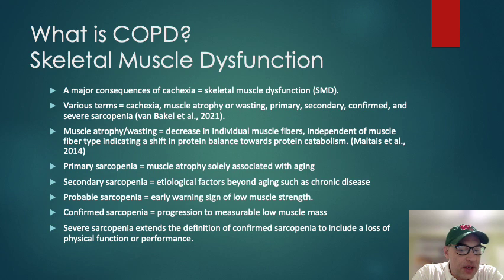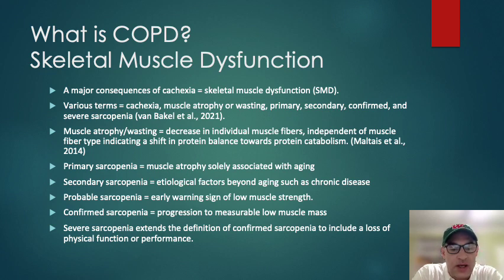Primary sarcopenia is really a muscle atrophy that's associated with aging, the natural aging process, assuming somebody's not doing something about it, like resistance training. Secondary sarcopenia is a special form of sarcopenia where factors beyond aging, such as chronic disease, are the reason why somebody's experiencing that. And then we can think of sort of levels of sarcopenia, probable sarcopenia, which is really an